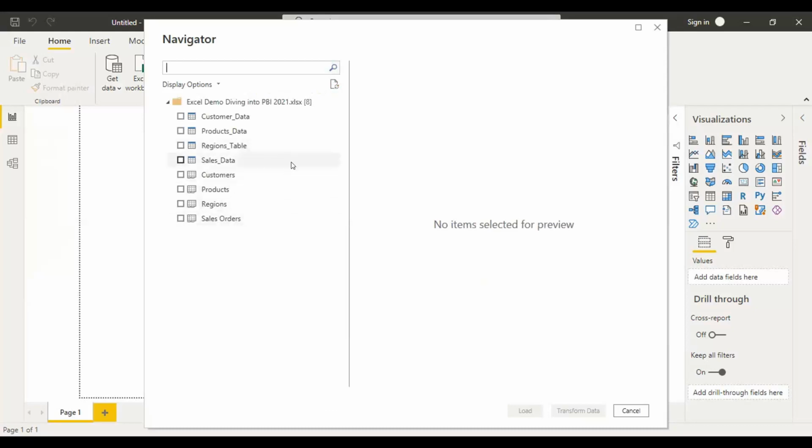Here on the left side, we will see different types of tables and files that are in this folder. The ones highlighted in blue are all the tables, and the lower ones are all files. The data is the same in the table as well as the file. The only difference is that the table has structured data. So I want to select only the tables, not the files, to eradicate the duplicates. So let me select these 4 tables.